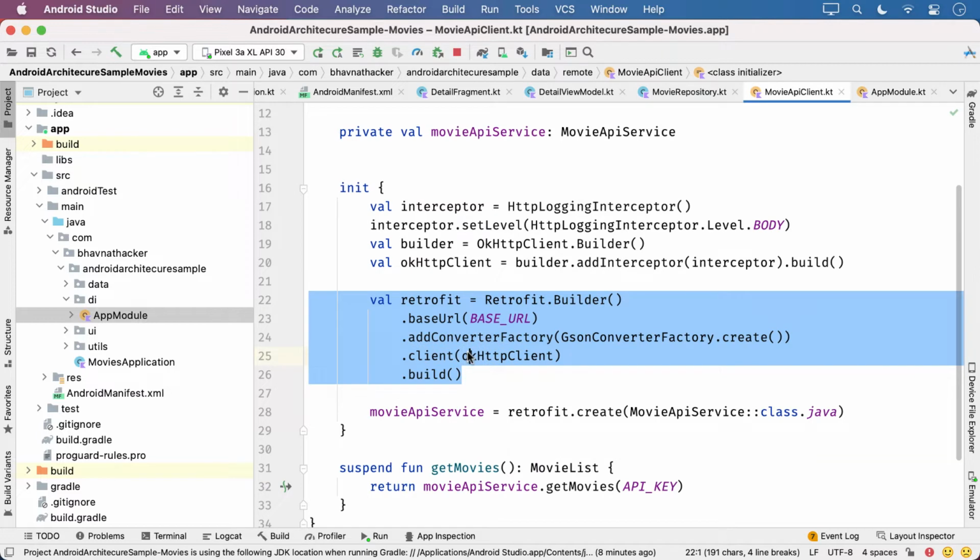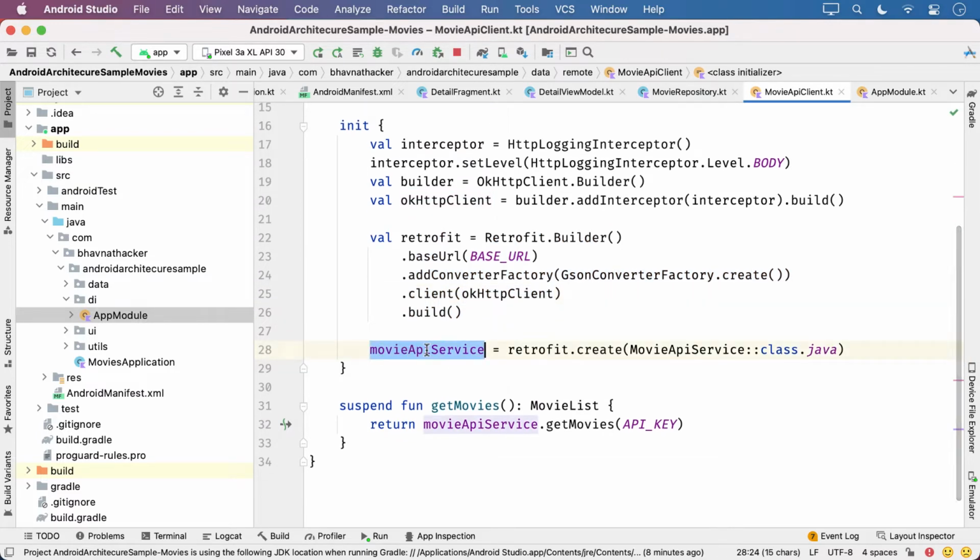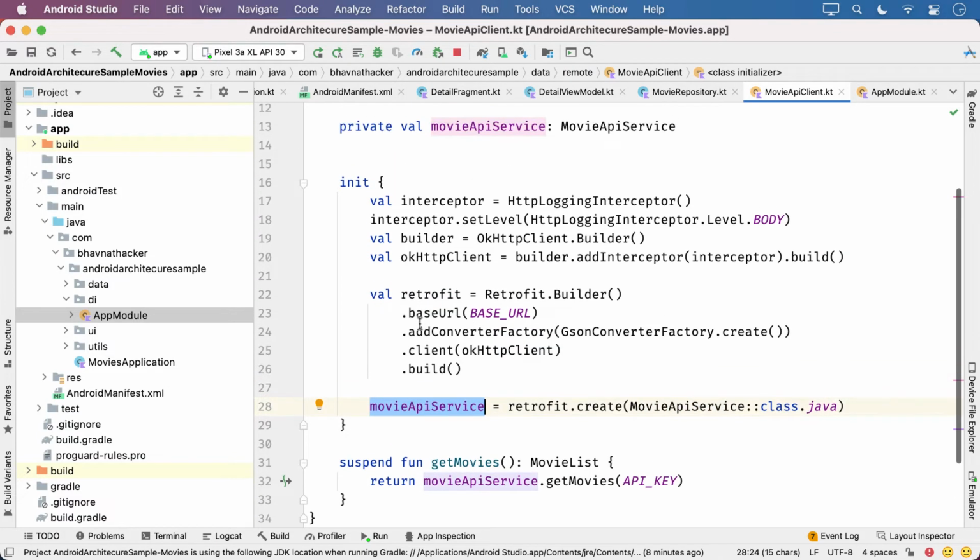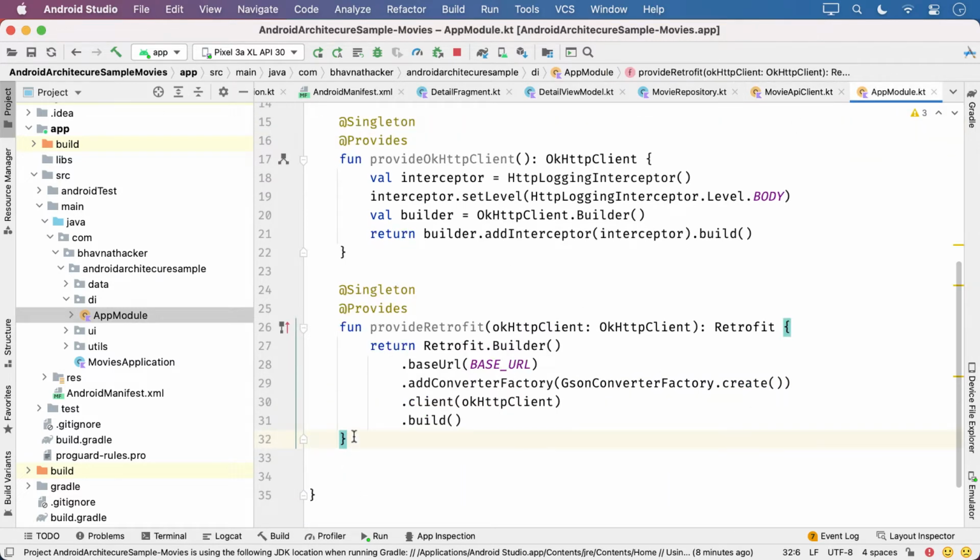Then go to MovieAPIClient. What is that MovieAPIService? It is retrofit.create(MovieAPIService::class.java). This also we are going to inject. So provideMovieAPIService. Move it to this module.